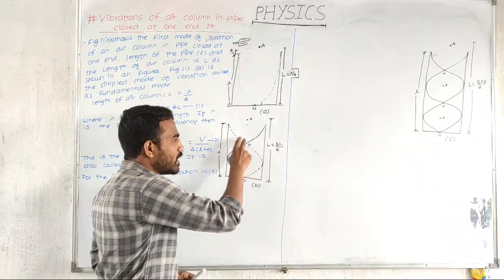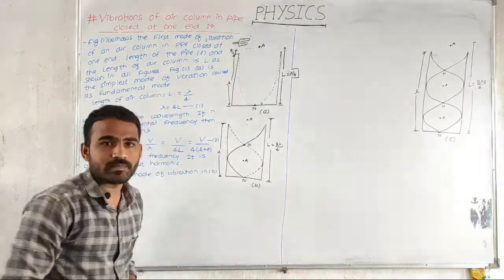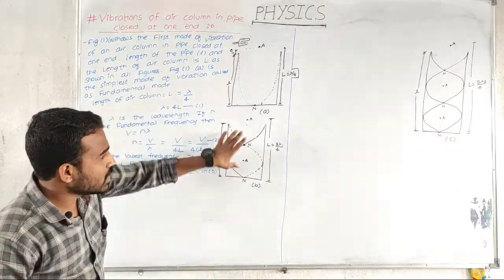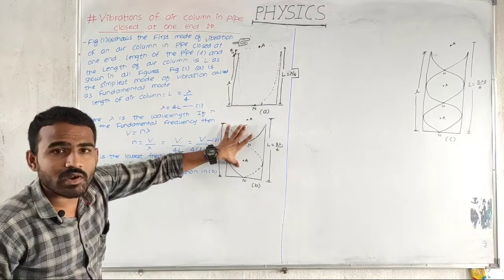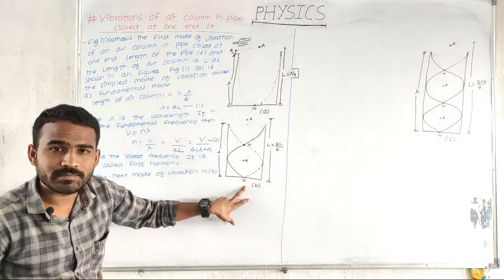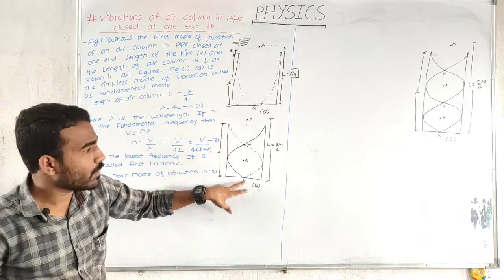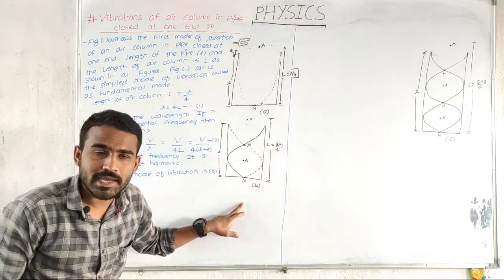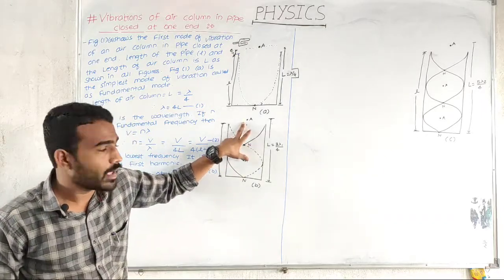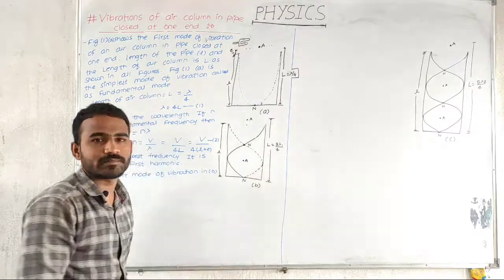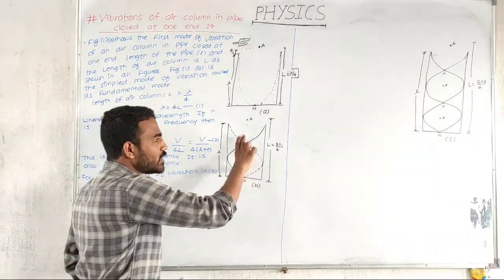So if we vibrate this air column in such a way that this vibration consists of a node at its closed end and an antinode at its open end, and there is one more node and one more antinode in between. Okay, so we are vibrating this medium